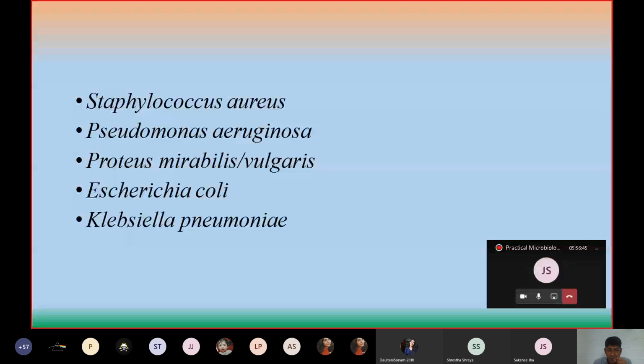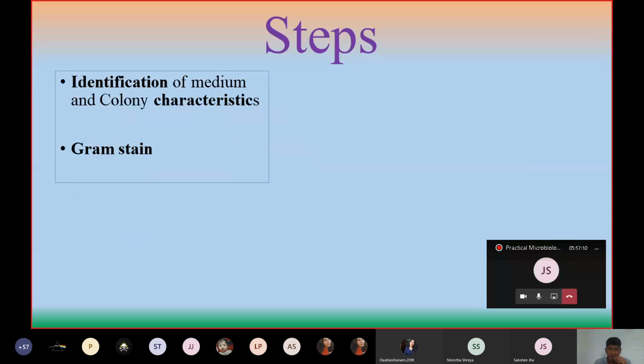Today we are not going to talk about individual bacteria, but only about those chemicals that we use for identification of these bacteria. It's just a recap of the earlier class. For the steps of identification of an organism, the first and foremost is identification of the medium, because in different media,